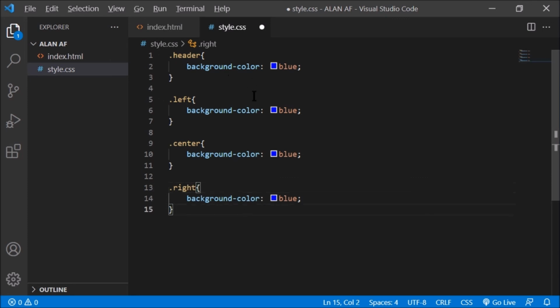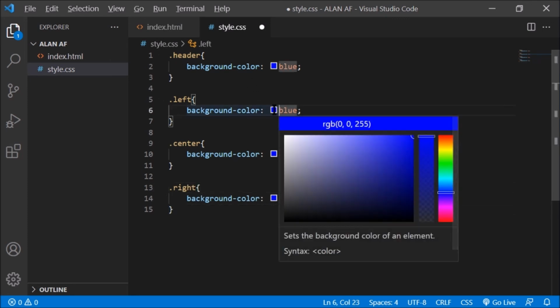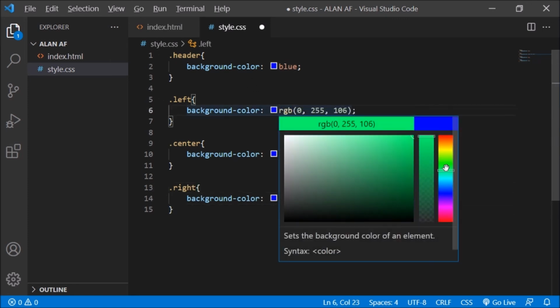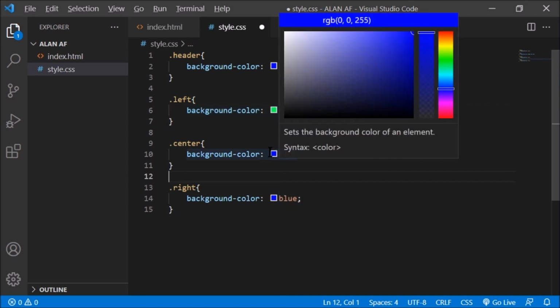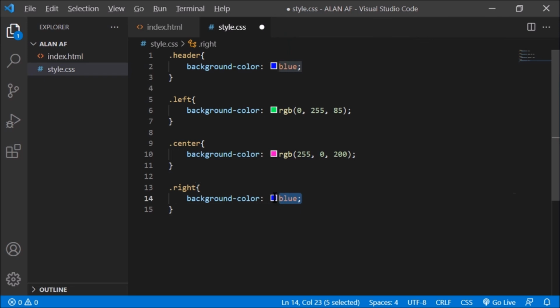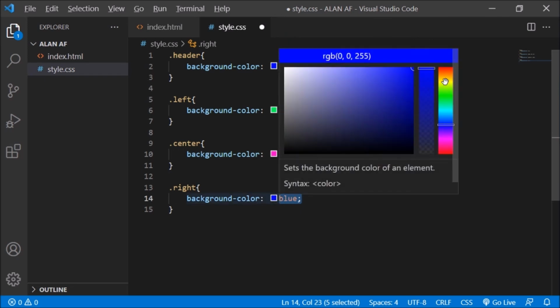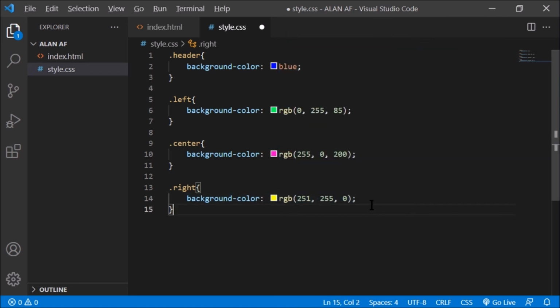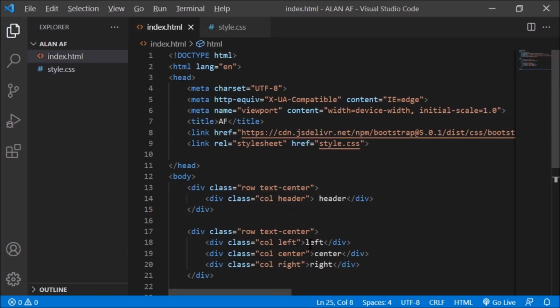So we have named them, and we can change the colors. I'm going to change each color to something different. After changing the colors, I am going to save, Control plus S. We need to give the same names that we have mentioned here.